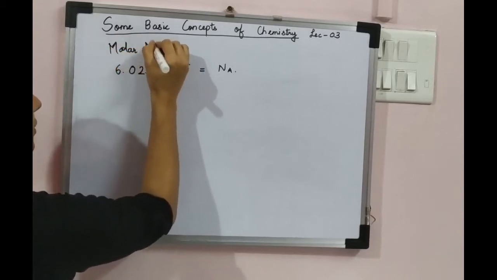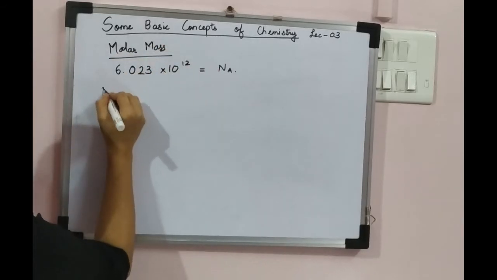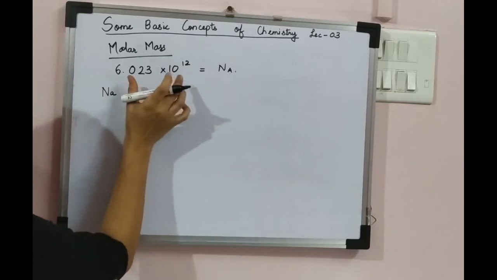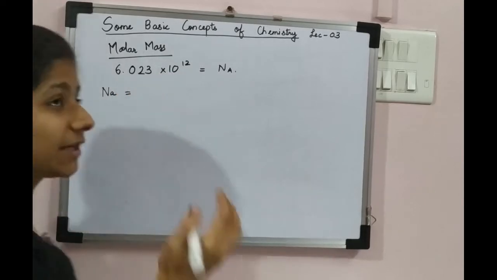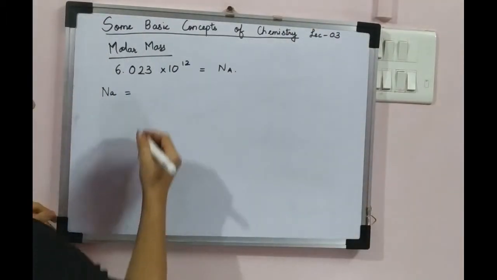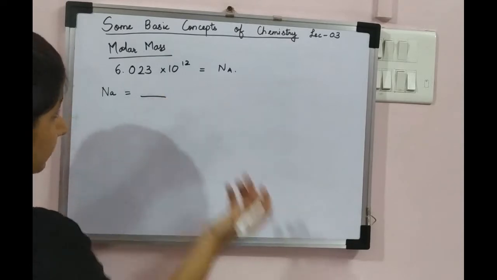For any substance, as I was giving you the example of sodium, if I take this Avogadro number of sodium atoms and take the total weight of all these atoms, whatever mass I get